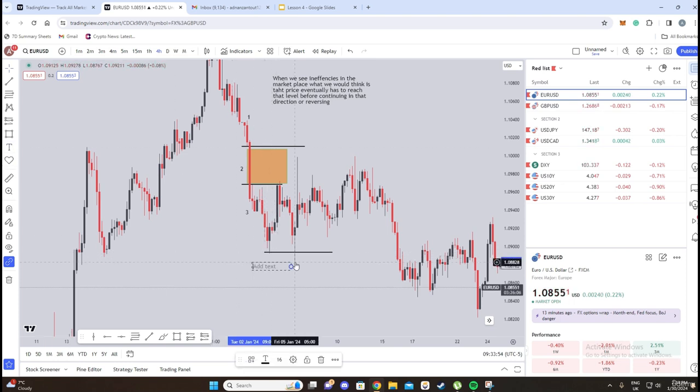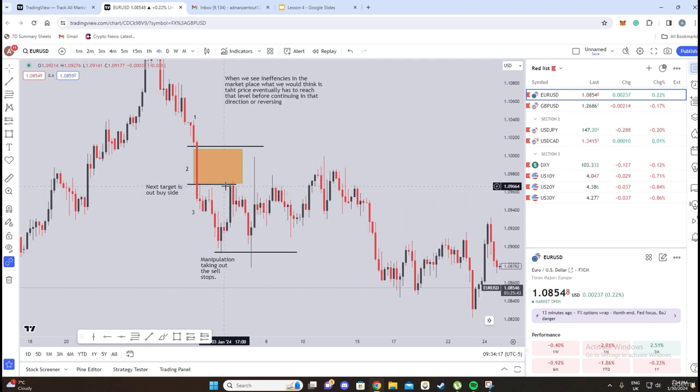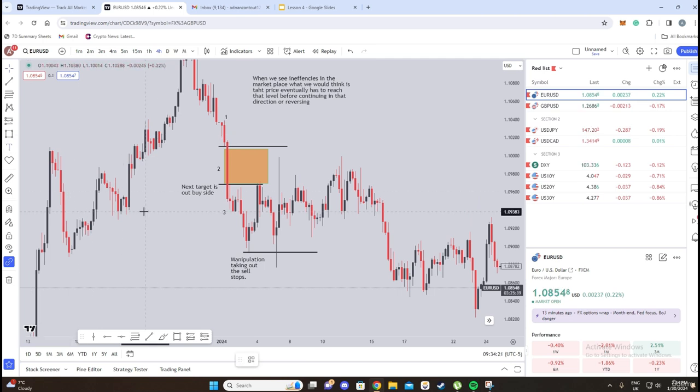So first thing, manipulation, taking out the sell stops. Next target is our buy side, because that's how the market moves. Next target is our buy side, which is here at this black line over here, because of these equal highs right here, if you can see them, right? But above our buy side